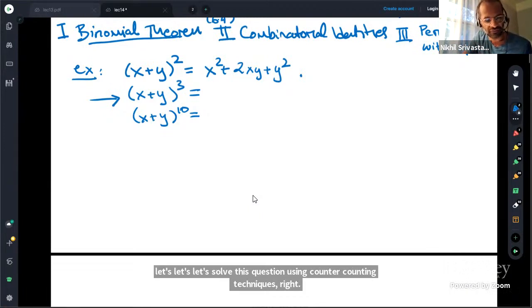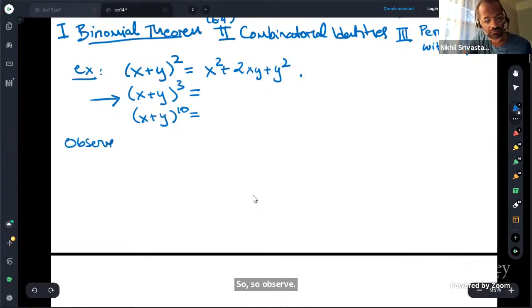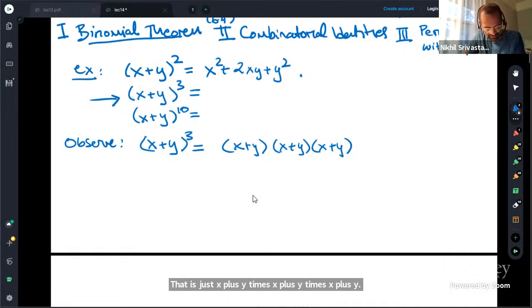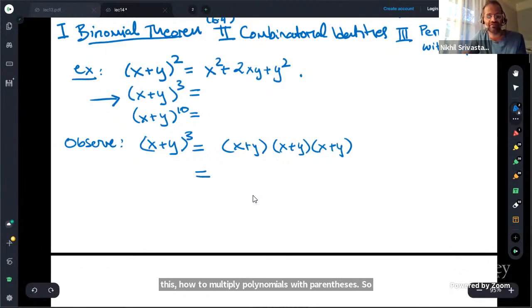So observe that if you look at (x plus y) cubed, then this is just (x plus y) times (x plus y) times (x plus y). And I'm going to do something that looks a little silly. I'm going to just expand this out in all the terms, using FOIL or whatever it's called, just how to multiply polynomials with parentheses. So if I multiply this out,